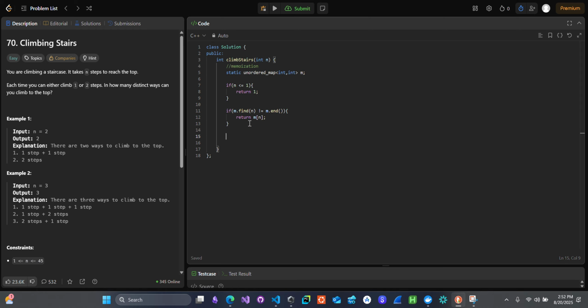return m at n. And in here, we're going to do m at n is equal to the recursive calls of climb stairs. So this is where the actual recursion happens. Climb stairs at n minus 1 plus climb stairs at n minus 2. And then once we're done with all of that, at the very end, we're just going to go ahead and return